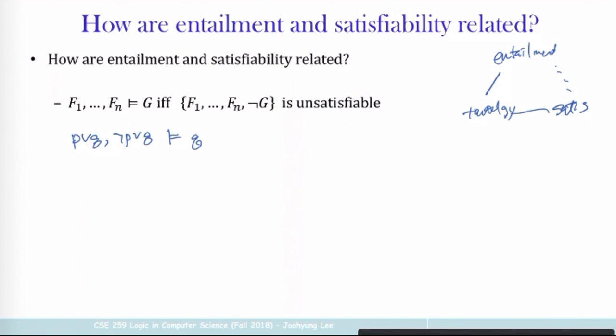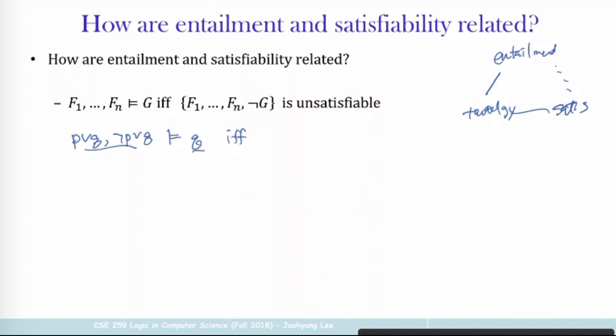How do we check the entailment? Enumerate all interpretations. There are 4 interpretations. Okay, and for each interpretation, check whether this interpretation satisfies these formulas. Then we also check whether the Q is true. Okay, so if you do that, you will see that actually this is true. This entailment holds for whatever interpretation that satisfies these two formulas must also satisfy Q. Okay,